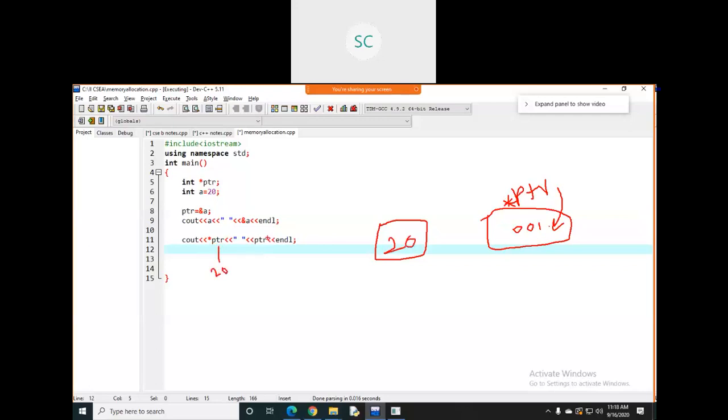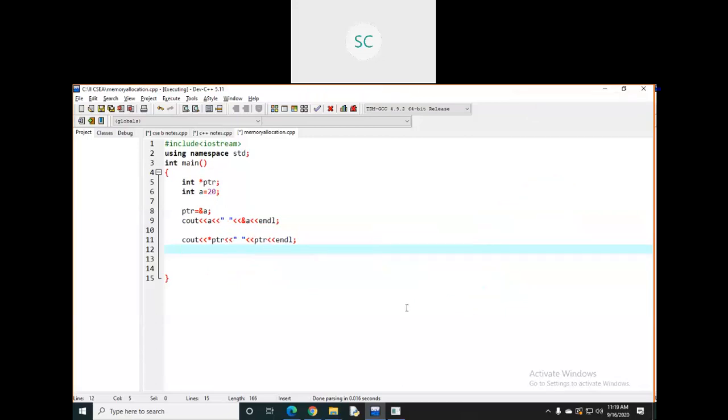If you print ptr, simply this address is what it will return. What is this address? Address of this thing. The same thing will be printed in the output. Here it will print the address, and A also prints the address. A has the value. If you want to get this value from this address, you will use star ptr. Okay, sir, thank you, sir.